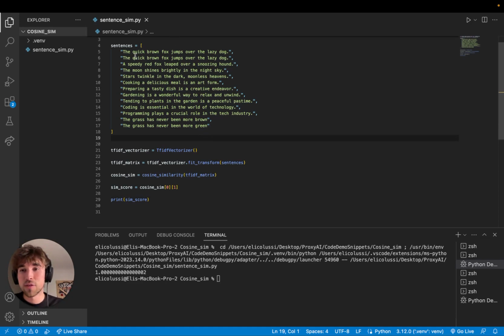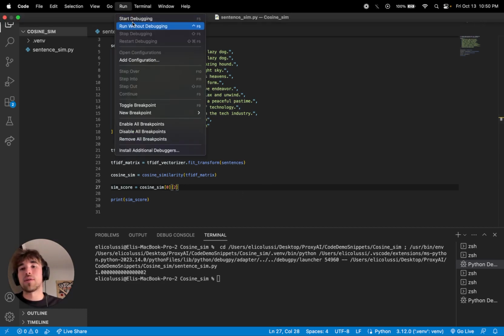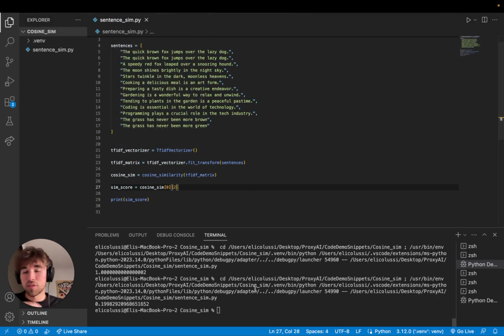Good. So now let's say we wanted to compare this first one here with this third item in the list. To us, they're similar. Speedy red fox leaped over snoozing hound. We'll kind of put them in the same box and categorize them in a similar way. However, you'll see when we run the test that the machine doesn't quite think so. So boom, run the test, and you'll see we get